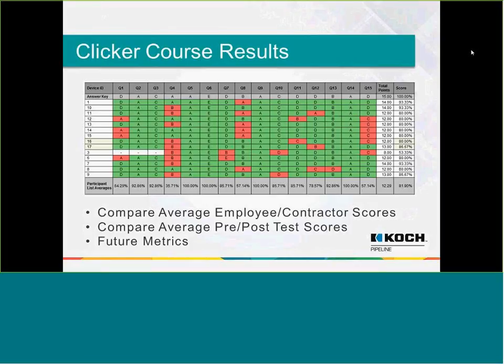With this, we also compare a lot of averages. We can get employees versus contractors. One of the big things that we get out of this is looking at new employees versus experienced employees and seeing where that difference is. That's been very, very helpful for us. The pre-test knowledge also helps you see the retention.